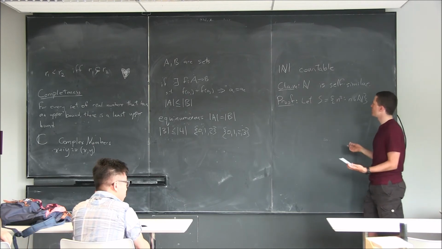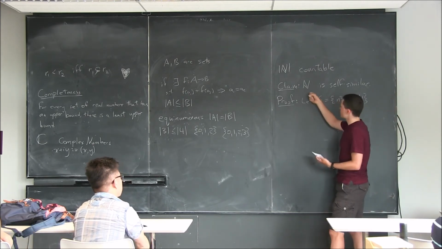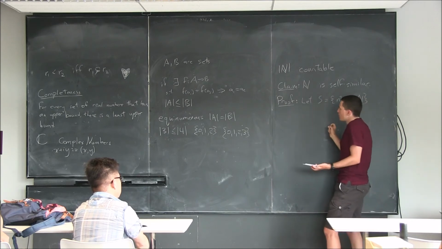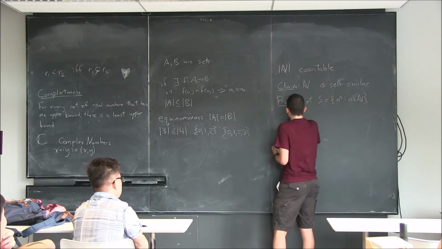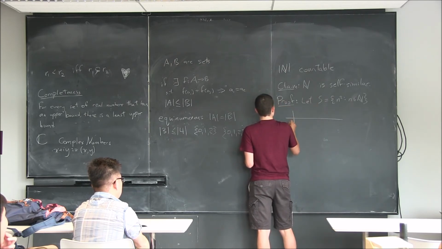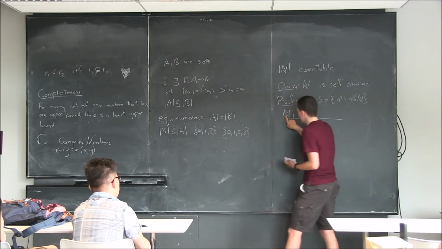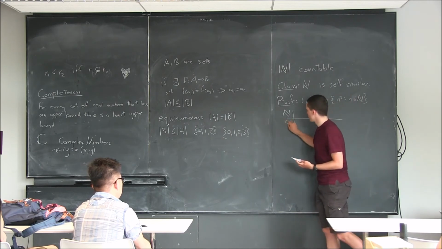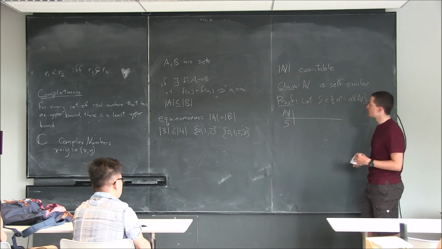And yet what I'm claiming is that this set is just as big as n itself. How am I going to do it? Well, let's build our bijection, right? Let's build our buddy system. So each time I'm taking in a natural number n, and I'm going to spit out a square number s,